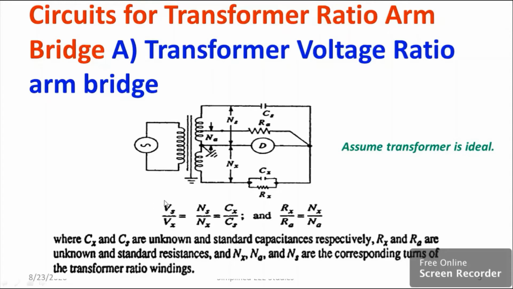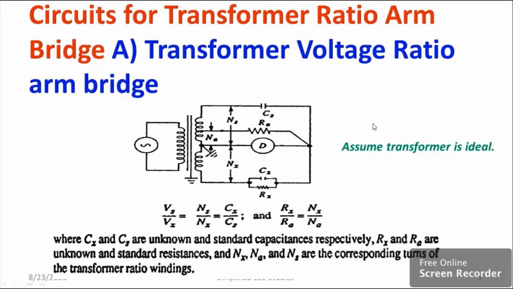Or else you can take it in terms of voltage also. That means Cx divided by Cs is equal to Vs divided by Vx. From this you can calculate Cx. How? That means Vs into Cs divided by Vx, so that you will be getting the value of Cx. Note down the value of Cx.